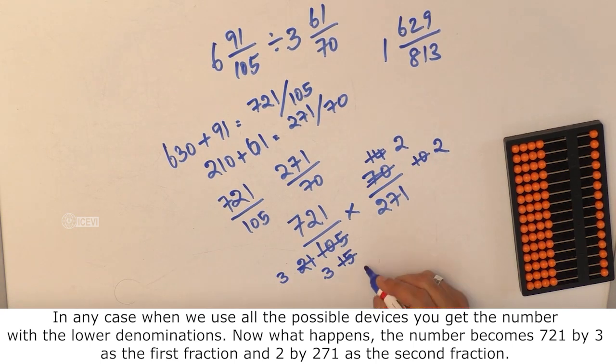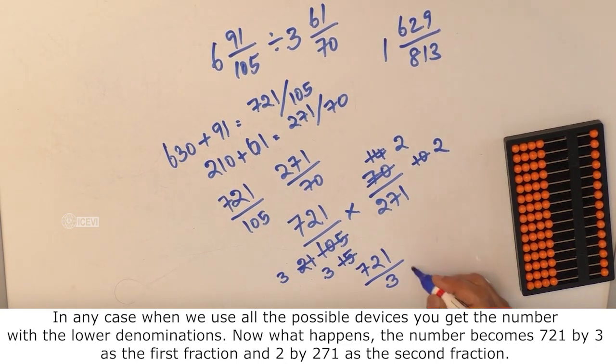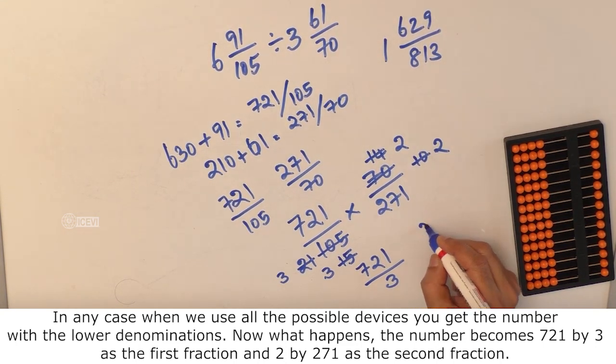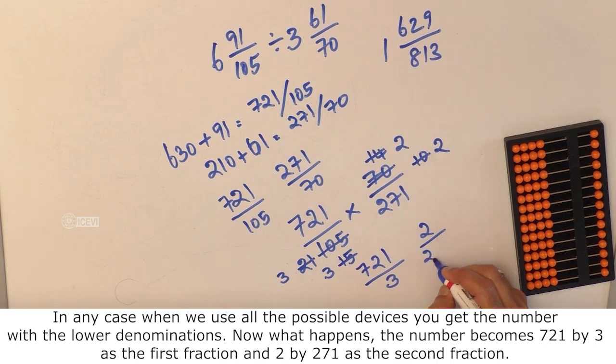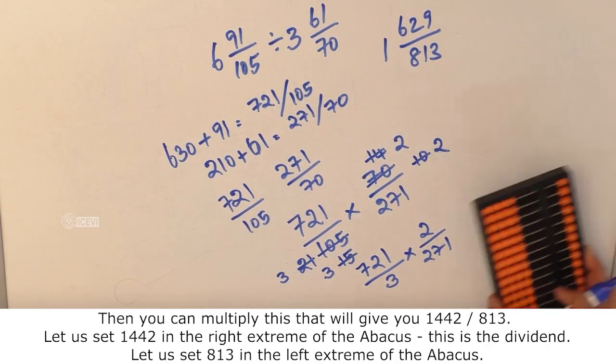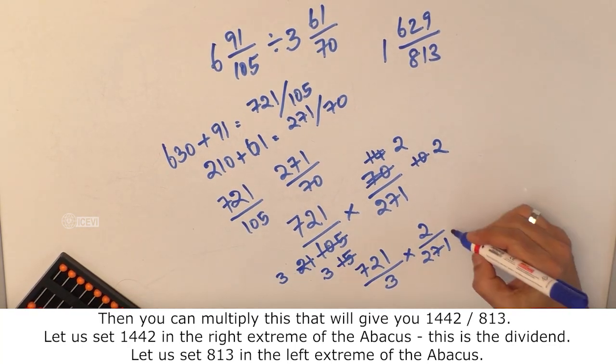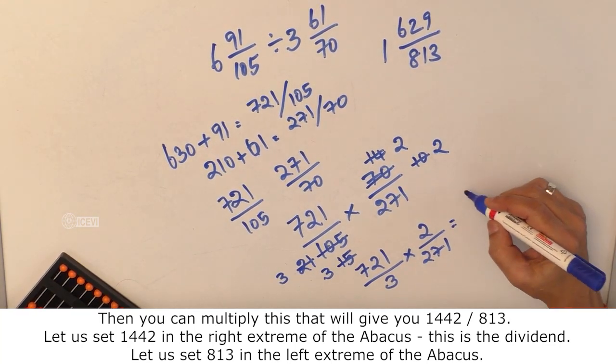Now the number becomes 721 by 3 as the first fraction and 2 by 271 as the second fraction. And then you can multiply this. That will give you